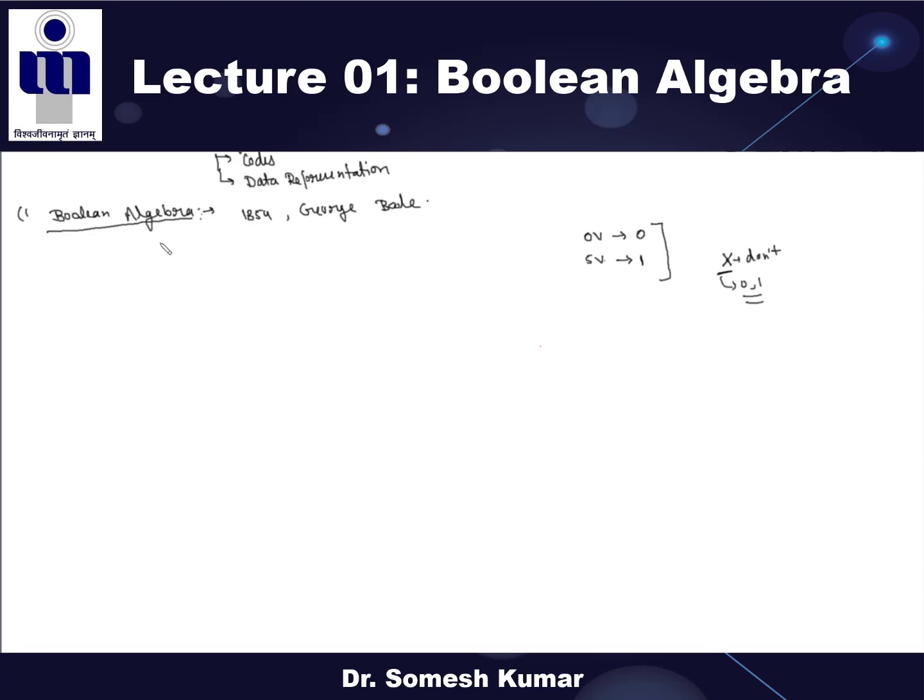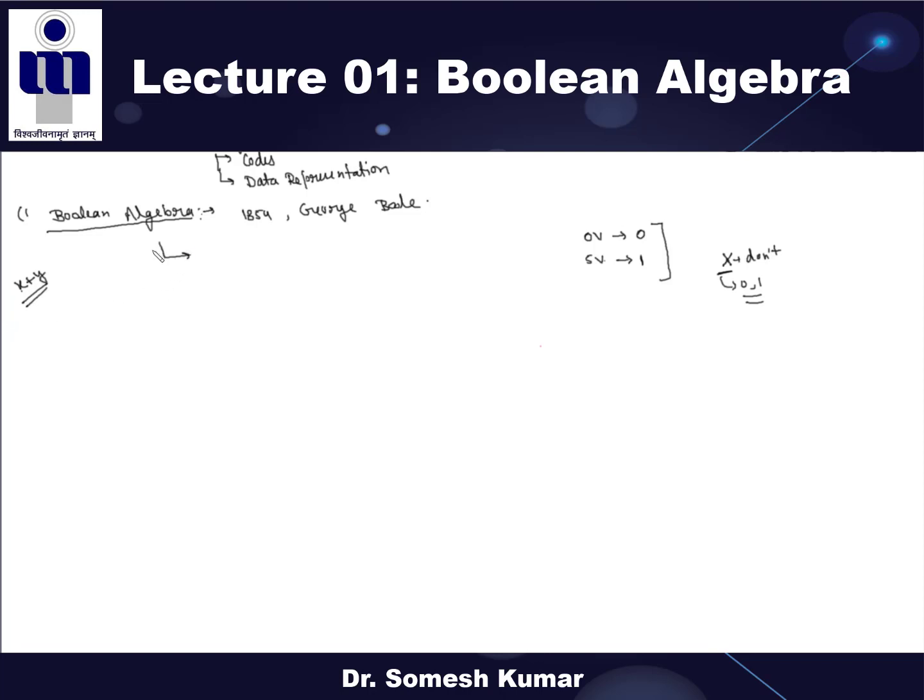Clear? So the purpose of Boolean algebra, the K-map, and the third method, the Quine-McCluskey method, is to minimize a function that consists of various variables. For example, the function x plus y consists of two variables: one is x, the second one is y. So Boolean algebra or the K-map method is used to simplify complex expressions.